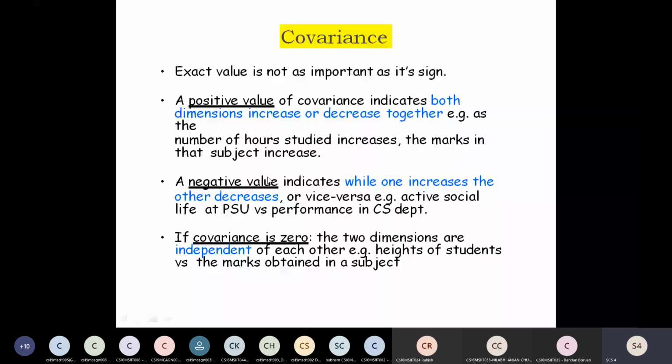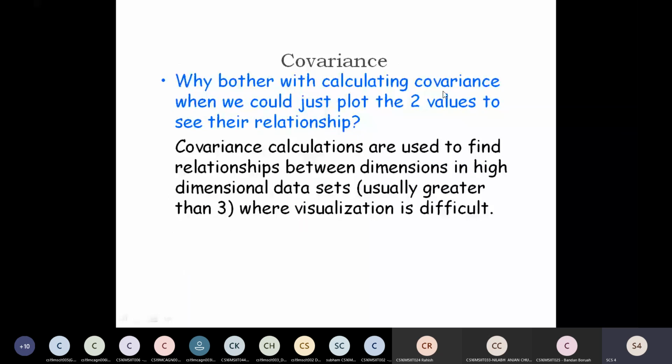So why bother with calculating covariance when we could just plot the two values to see their relationship? हम क्यों ये calculate करेंगे जब हम इसको plot करके ही मिल जाएगा रिलेशनशिप क्या है।